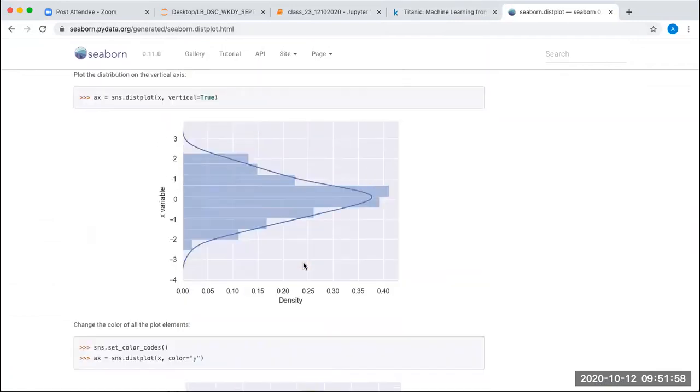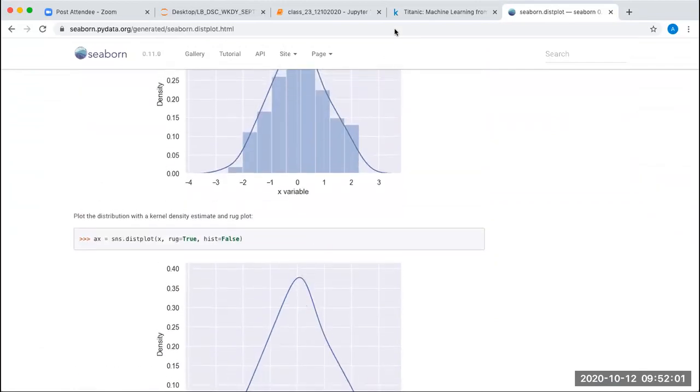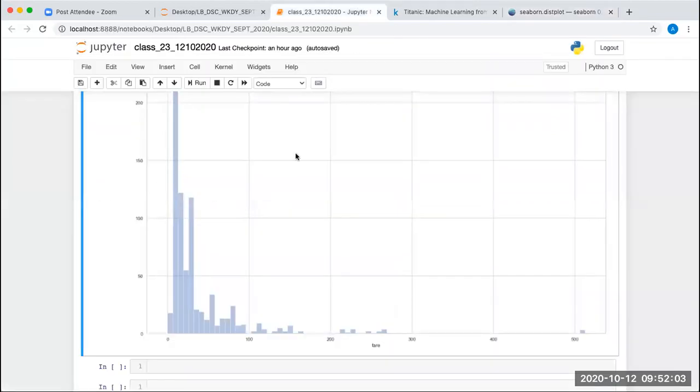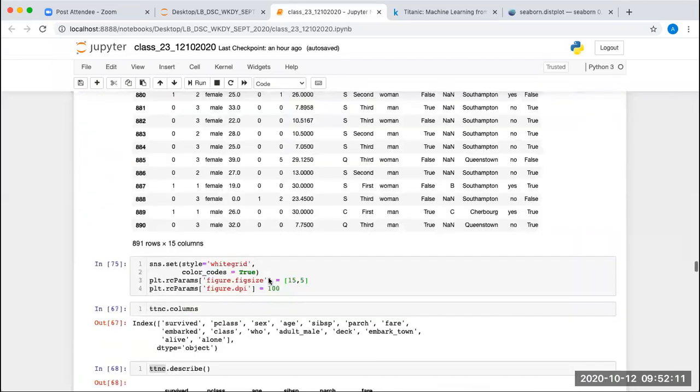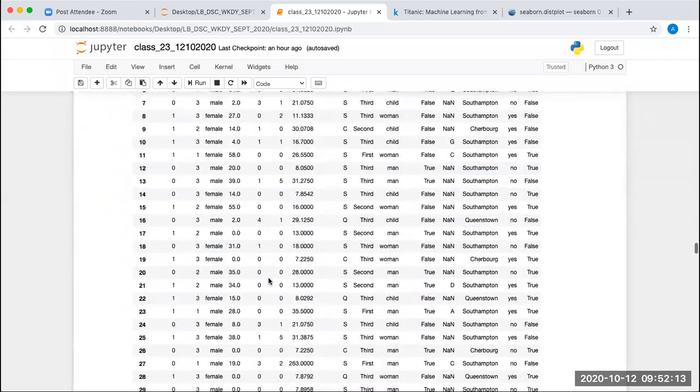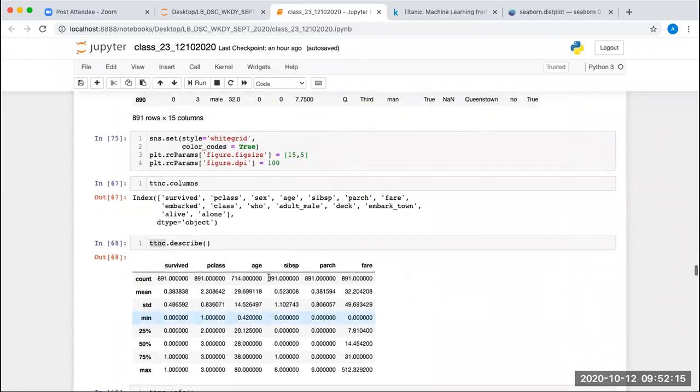I don't find any attribute here in the dist plot. At least in the dist plot, we don't have any such attribute where we can set the scaling. Probably you can decrease this grid size, so that should be in this set. We set white grid, right? Let me see here.